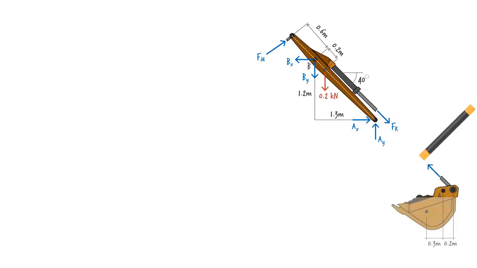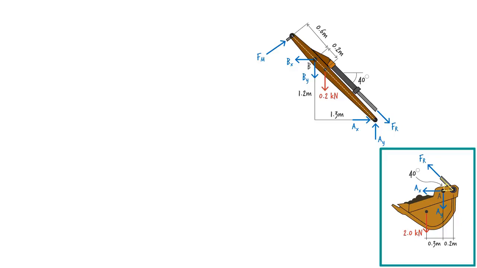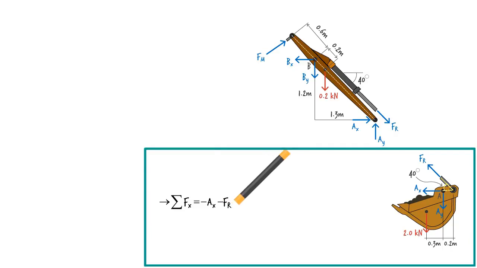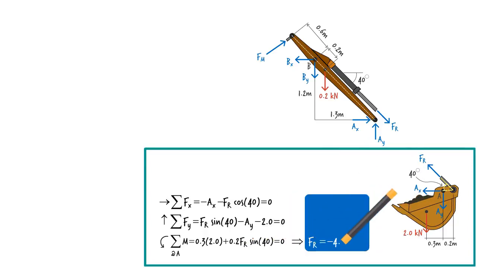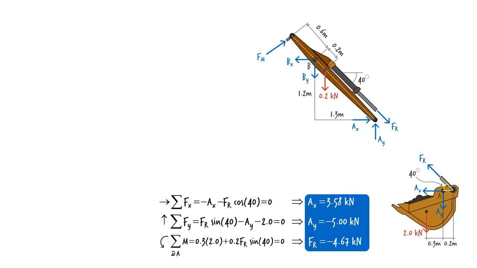Let's use the free body diagram for the shovel. It shows 3 unknown forces only, so we can solve for them using the equilibrium equations. They are... Solving the last equation for Fr, we get, then from the second equation we get Ay, and the first equation gives us Ax. Let's update the free body diagram for the link by substituting the computed values for variables Fr,